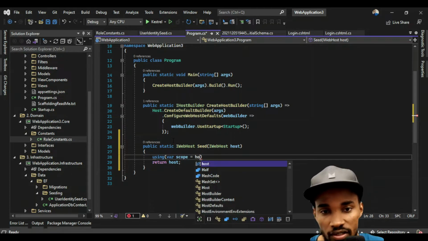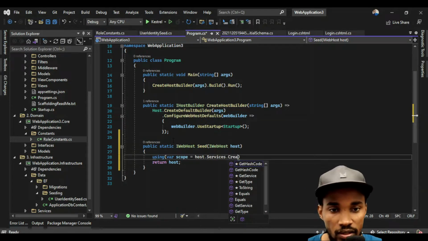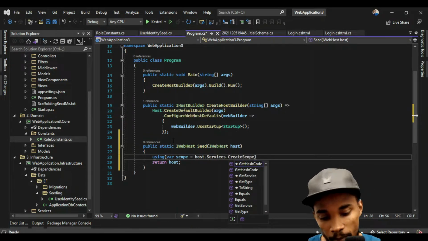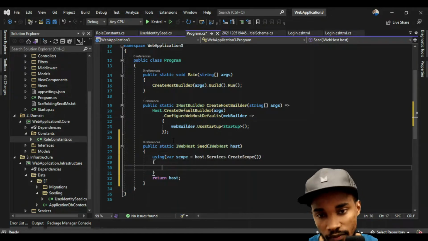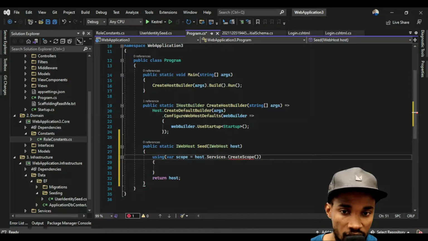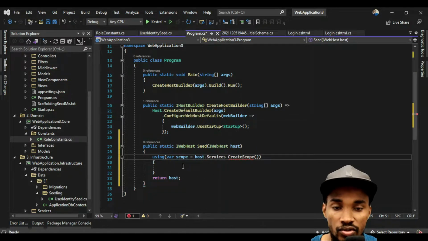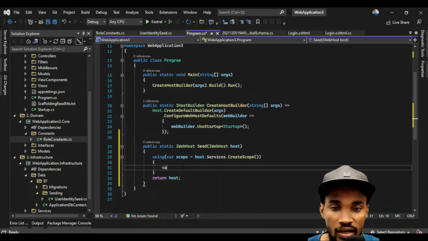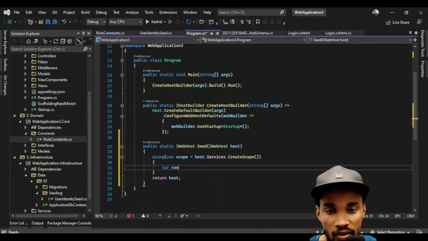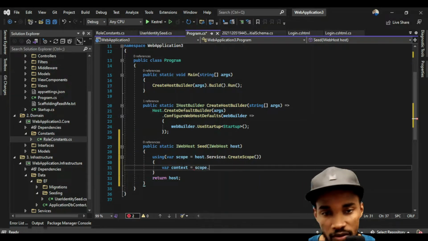Then we can say host dot services dot create scope. You would have to resolve this, it belongs to the dependency injection mechanism. Just resolve that, and in there you can say context, which will be equal to scope dot